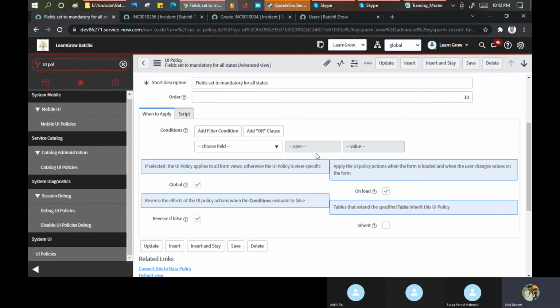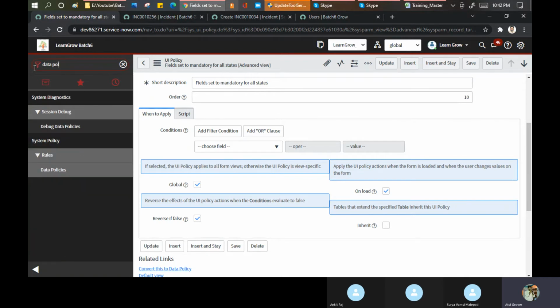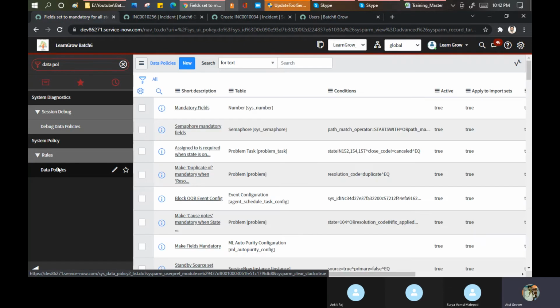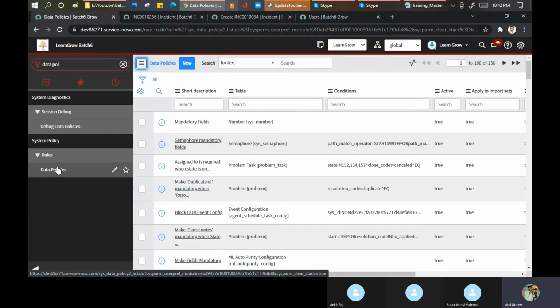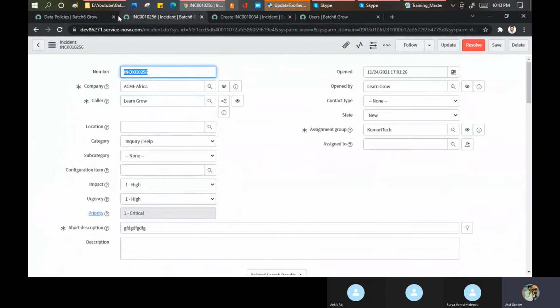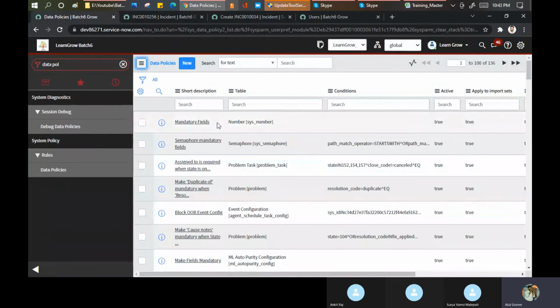Okay. Now another thing which is important to understand is called the data policy, because there is not much on it here. Data policy, I never picked up in my terms, but you already picked up these things in the beginning. Data policy says what data you are inserting in your ServiceNow. At that point, it creates a problem. This checks at the backend level, UI policy checks at the front end level, on the form. Data policy will check at the backend level as well.